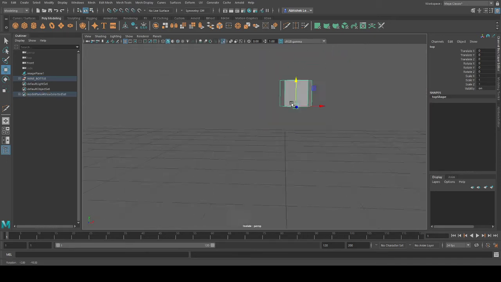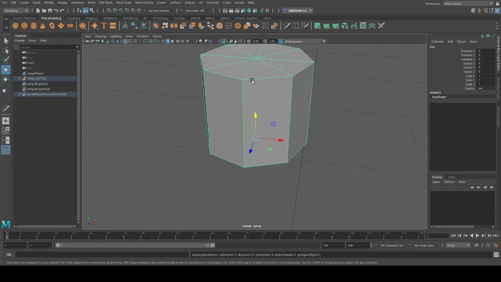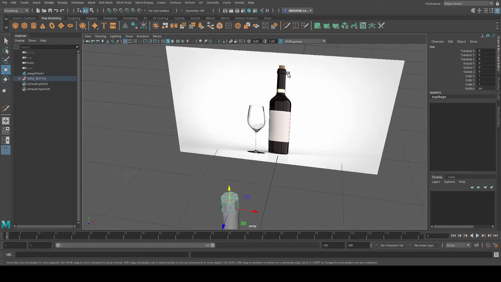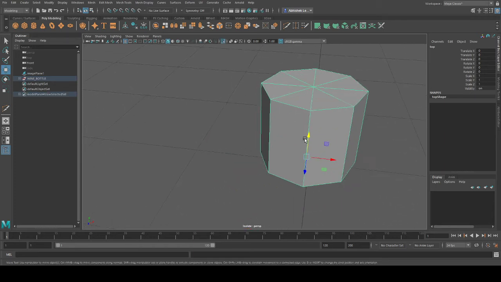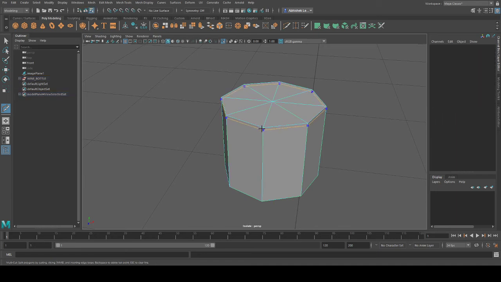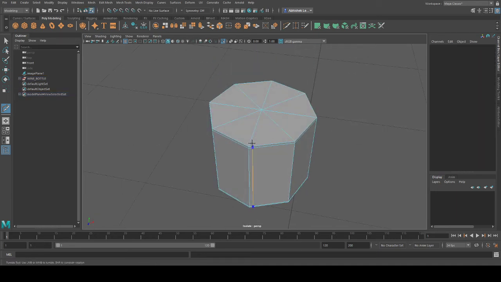Now I'll detail this part, right? So how do I detail it? I want this to be proper, sharp. The edges should be sharp. Yes, you can see the upper part is sharp. So by adding multicut, I can add multicut here, I can add multicut here, I'll have to add multicut here, but it won't happen because these are triangles.